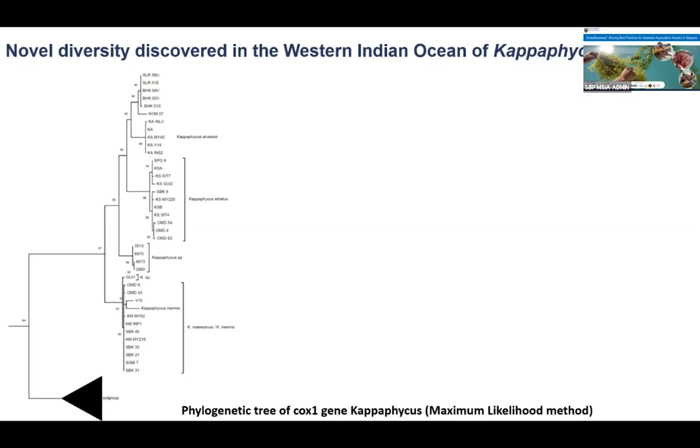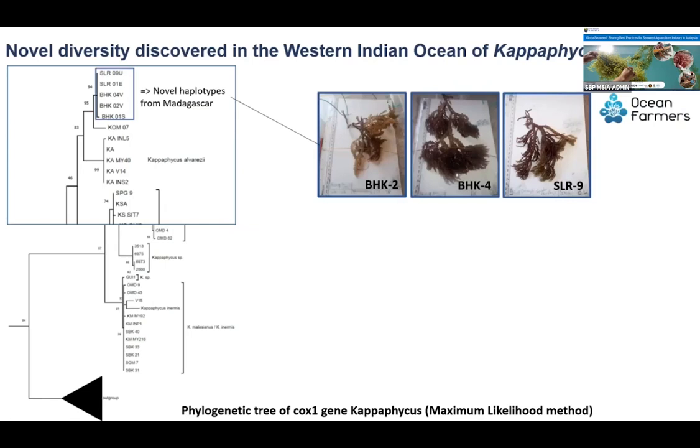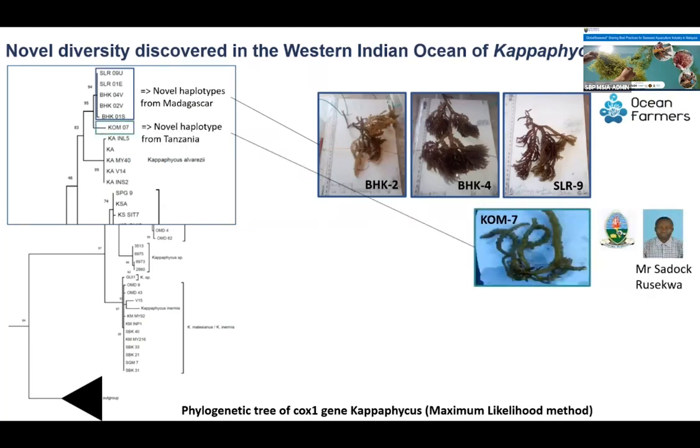I'm showing you here a phylogenetic tree of the genus Kappaphycus. It illustrates the relatedness of diverse genotypes within this genus. I'm zooming in on the top of the tree. I'd like to highlight here some genotypes that we detected in Madagascar, shown here. In Madagascar, we could detect 5 distinct genotypes that have not been described before. I'm showing you also here some exemplary images. Also in Tanzania, we could detect one undescribed genotype closely related to those in Madagascar, yet distinct.